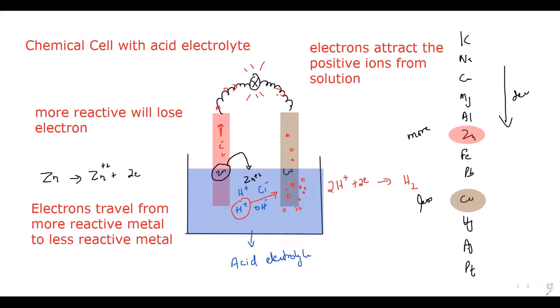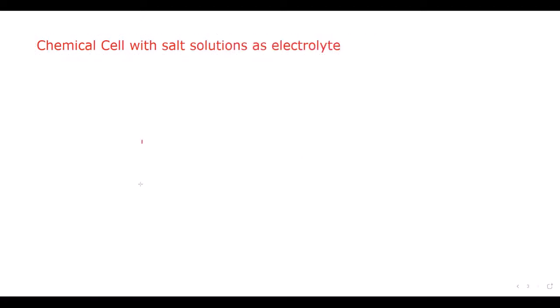If we use a chemical cell with a salt solution as an electrolyte, there's a small difference here. So if we use a chemical cell in which we have a salt solution as an electrolyte, what we do is we take two containers